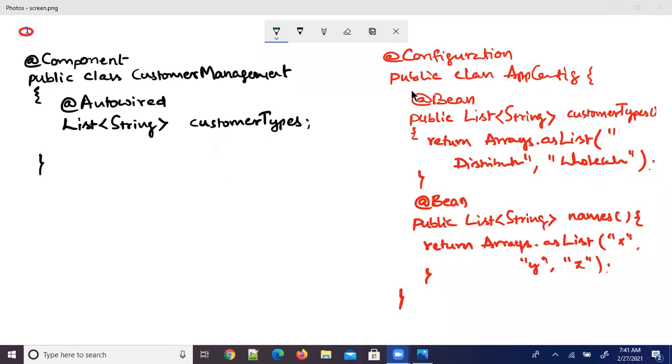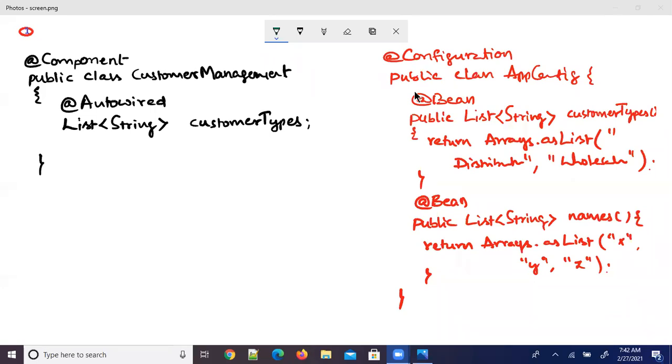While injecting a collection object, first Spring will check, is there any collection object in the container whose name is matching with the property name or not? Right?